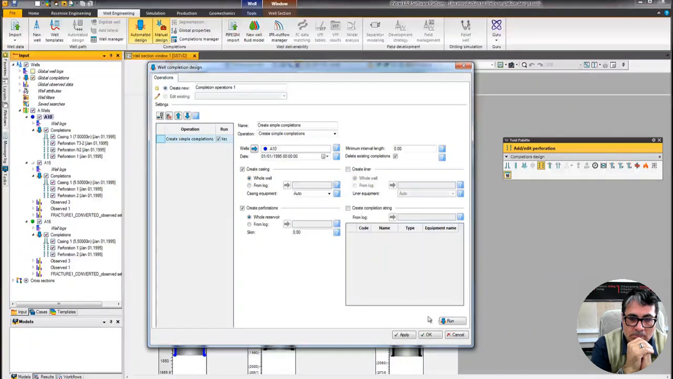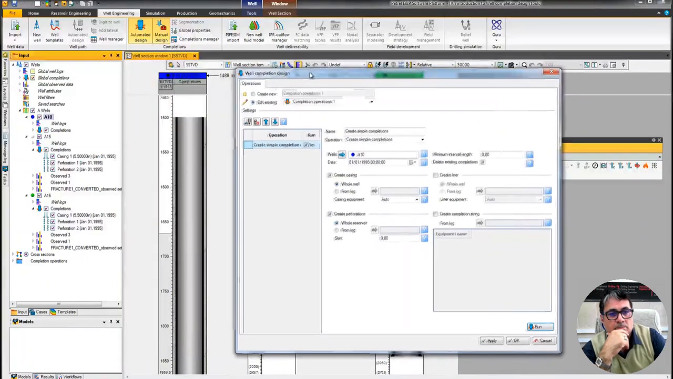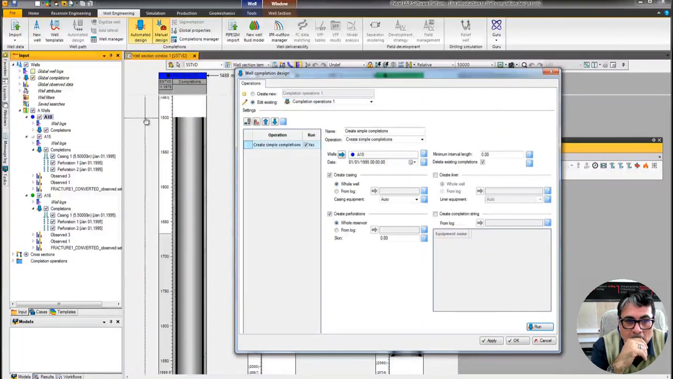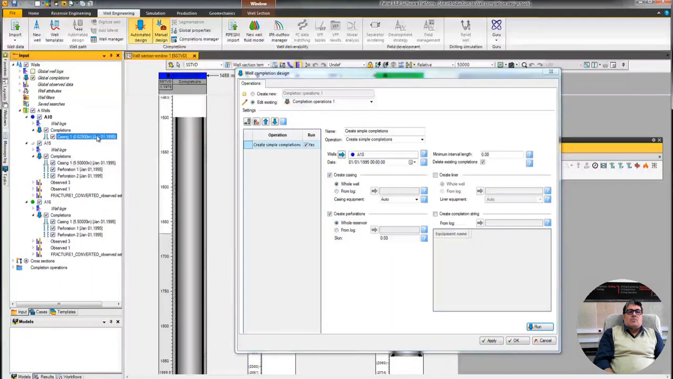So once we're happy with the settings, we can choose to make the run, and as we can see, the completions now have been created within a new completions folder over that specified interval, and when these are calculated automatically, the operation would do a validation check to ensure that the completions and the equipment